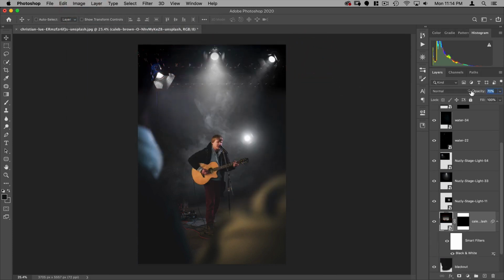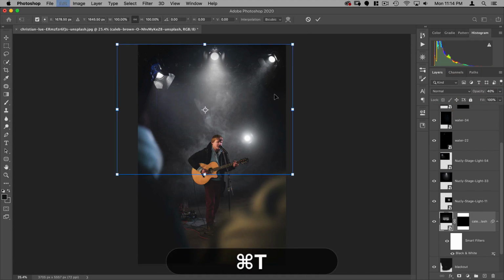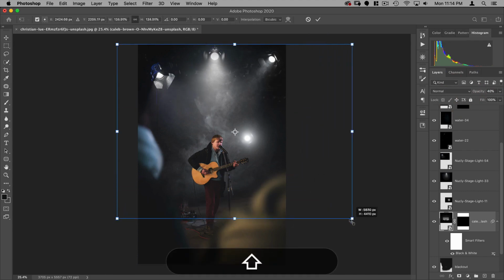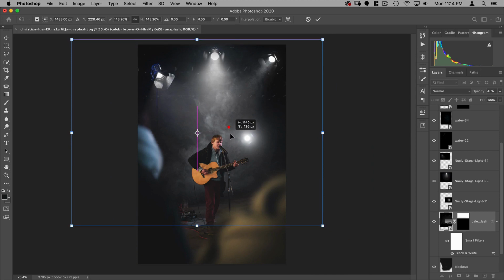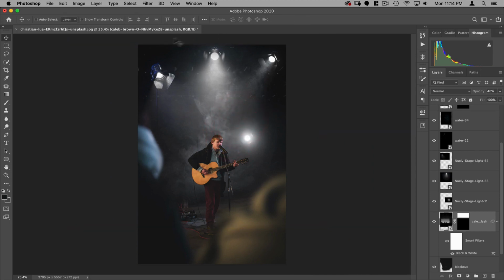And then take the opacity down. Around 40% looks good. Make it a little bit bigger. That's just going to add the appearance that there's a stage here. It's subtle, but just those few little details do help a lot to sell the appearance of this being a stage.